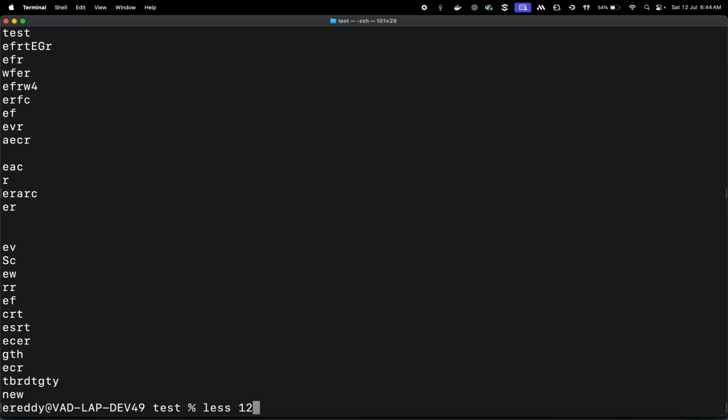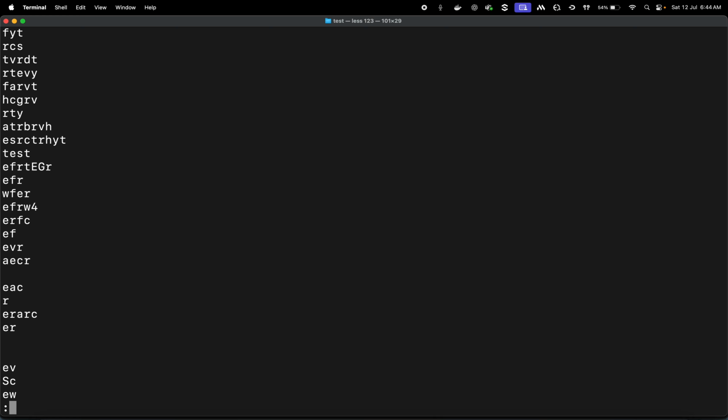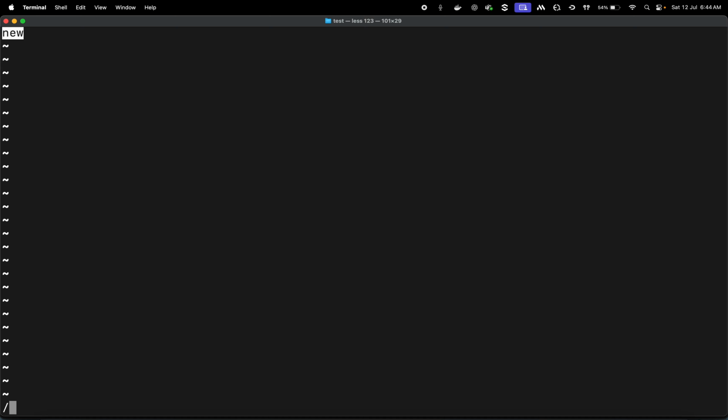Same thing with less. What is the file name? 1, 2, 3. But the difference between more and less is that you can scroll up and down with the arrow keys. In between, slash, maybe new, you can search for it. See, new is there somewhere at the end of the file. To search forward is slash, but now there is nothing to search forward, it's blank. To search backward,